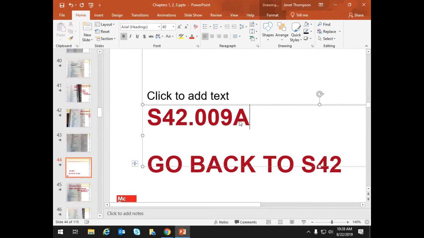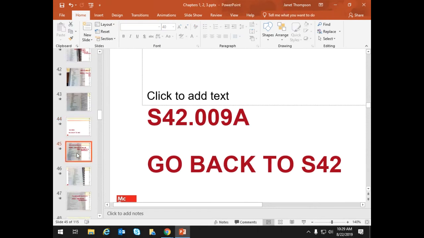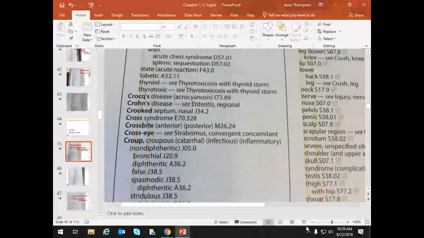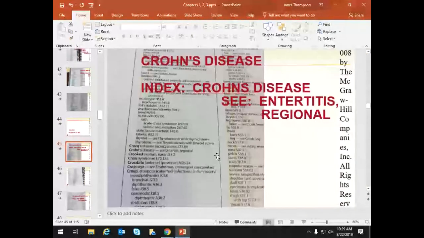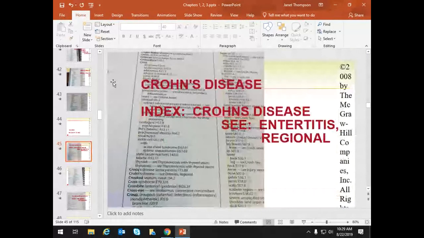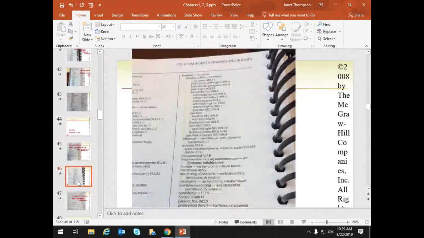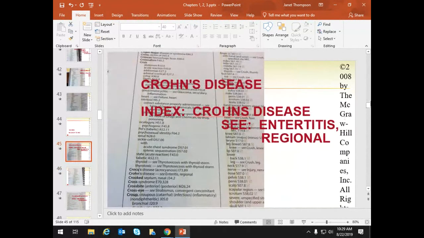What I really want you to be comfortable with is looking things up in the index and being able to use the tabular list. The rest of this will come with practice. And as a coder, a lot of times you are in a specialty. So you might code for gastrointestinal, a clinic, or you might do cardiac coding. All right, so our next